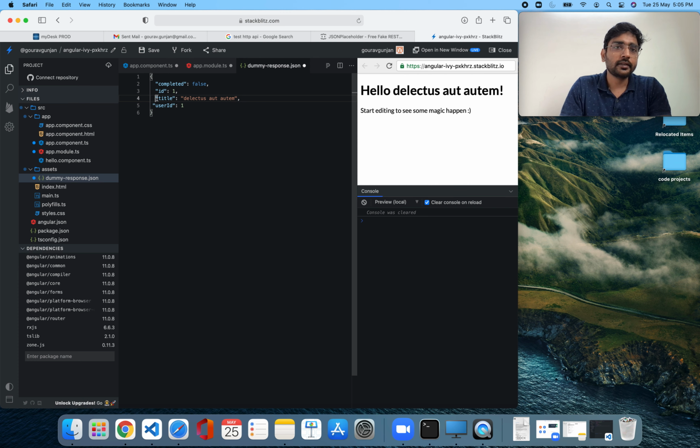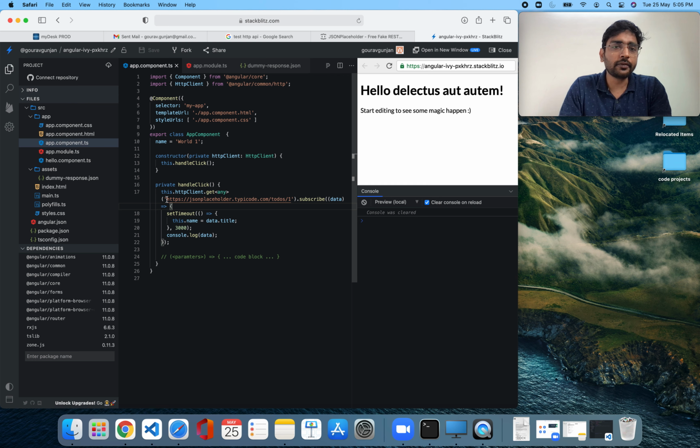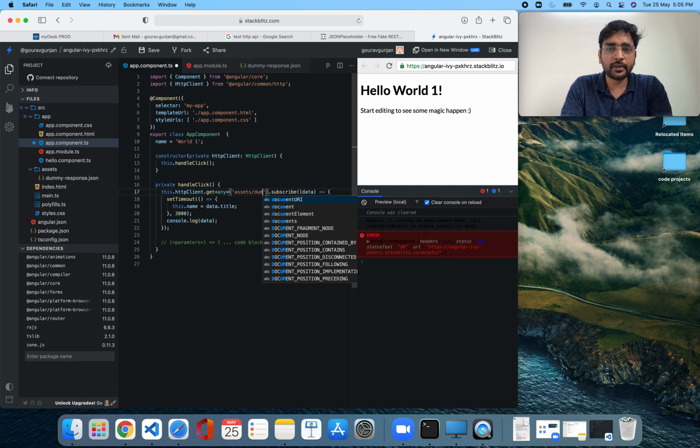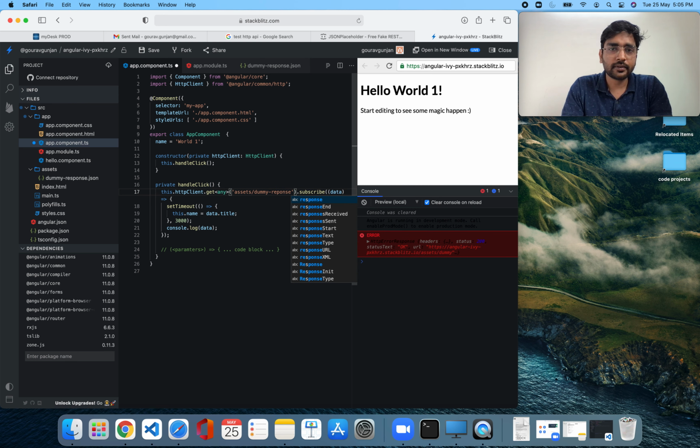That's it. So we are ready with our JSON. Now we'll save this file and all of those files basically. And instead of calling HTTP server and whole thing, we can just call asset/dummy response.json. That's it. That's all we have to do.